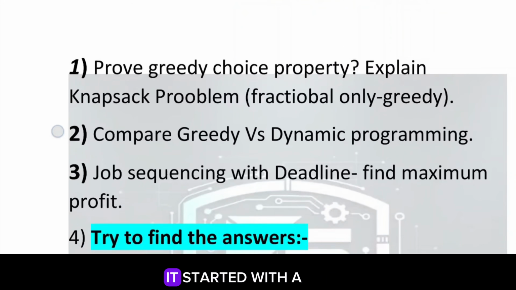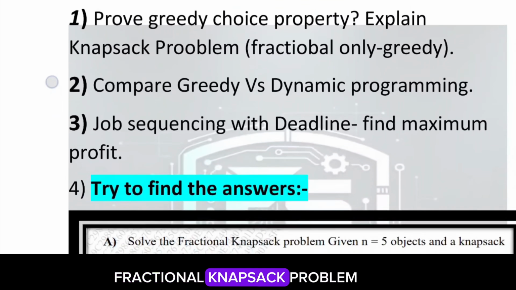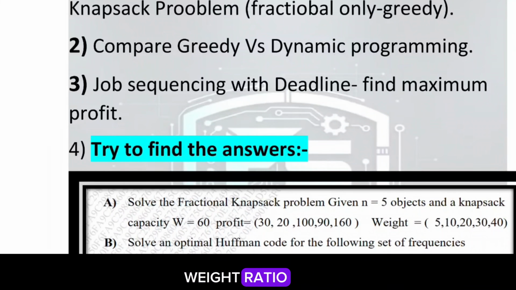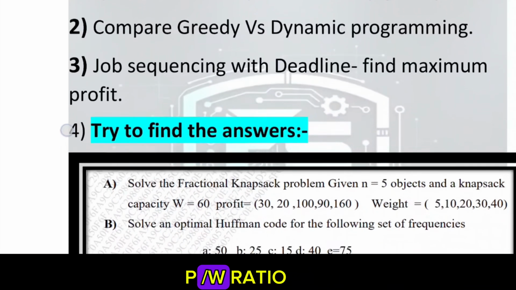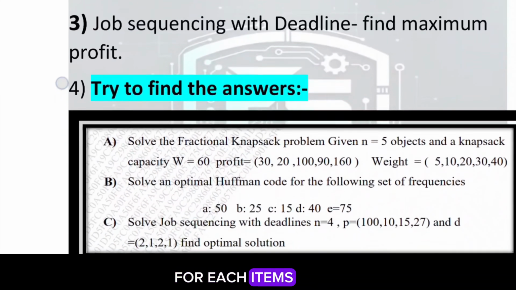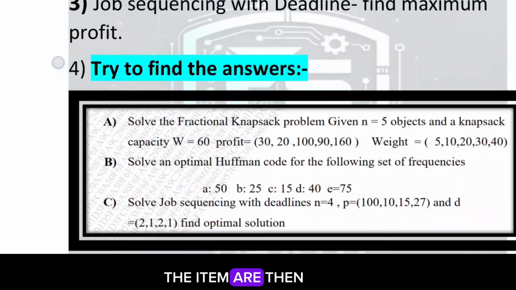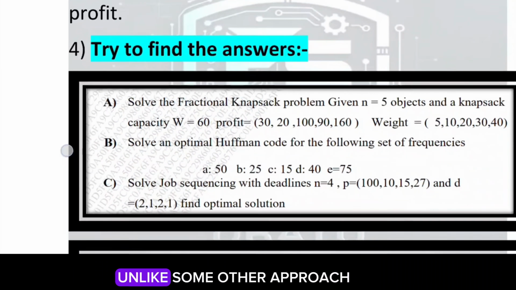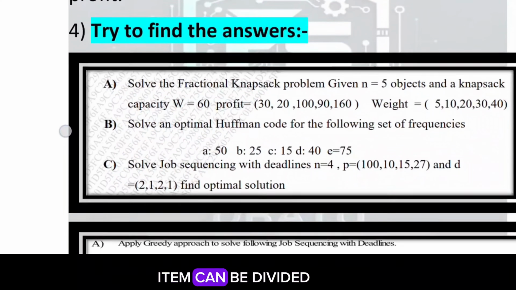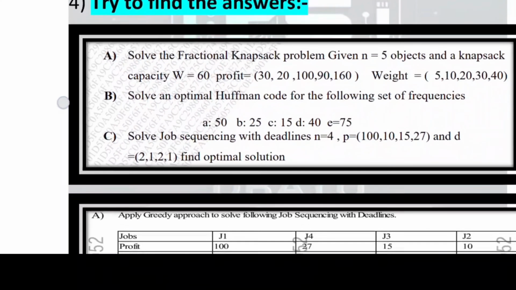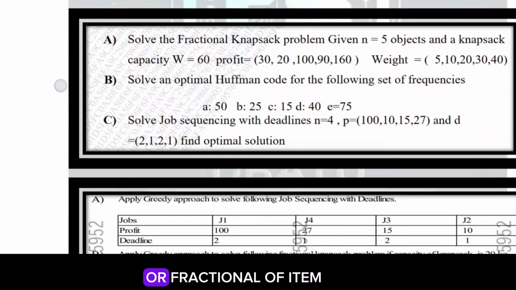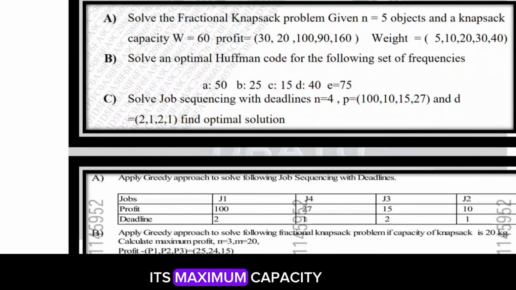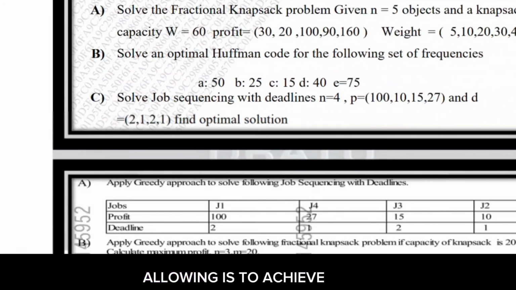Let's start with the fractional knapsack problem. In this problem, we calculate the profit to weight ratio, also known as the P by W ratio. For each item, the items are then arranged in descending order of this ratio. Unlike some other approaches, items can be divided into fractions. We keep selecting items or fractions of items until the knapsack reaches its maximum capacity, allowing it to achieve the